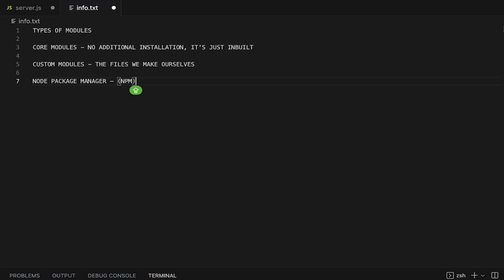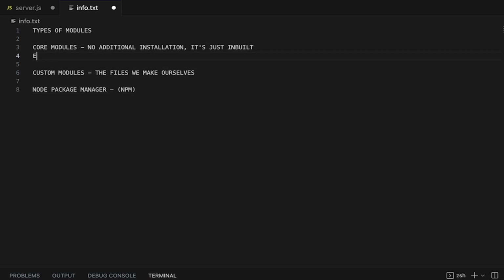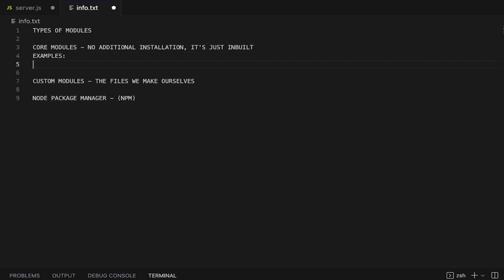But before we go into here, let's cover these module types one after the other. So what are core modules? Basically, as I said before, they don't require any additional installation. They come baked in with Node.js already. Once you have Node.js, you have access to these modules. What are some examples of these modules, right? We have the file system module called the FS module,